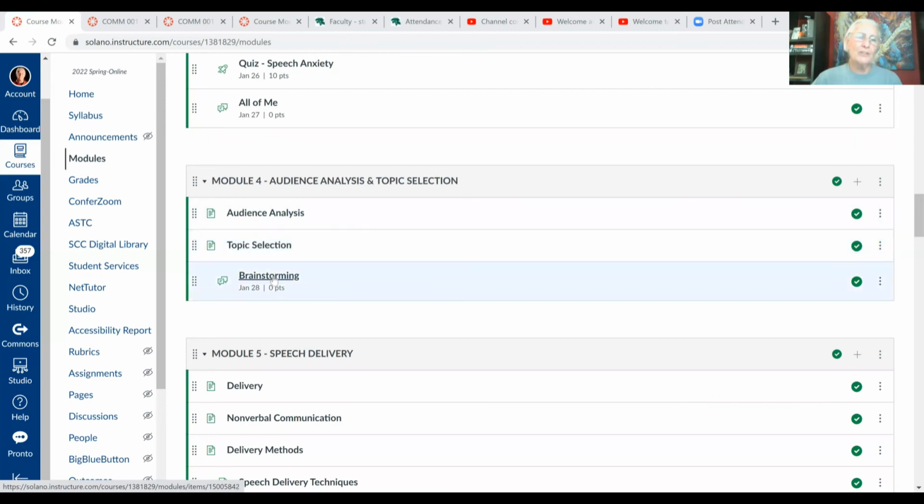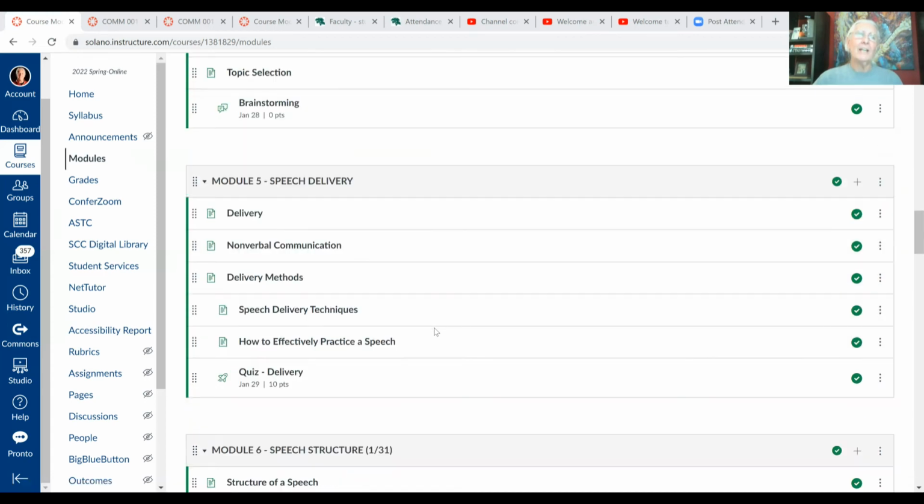And you've got a little brainstorming exercise here where you're going to write down a list of topics that you think would be effective to use this semester in the class. And anytime you're writing out topics, you always want to make sure you write them out as a statement. You don't want to write them in the form of a question. Always write your topics as statements.